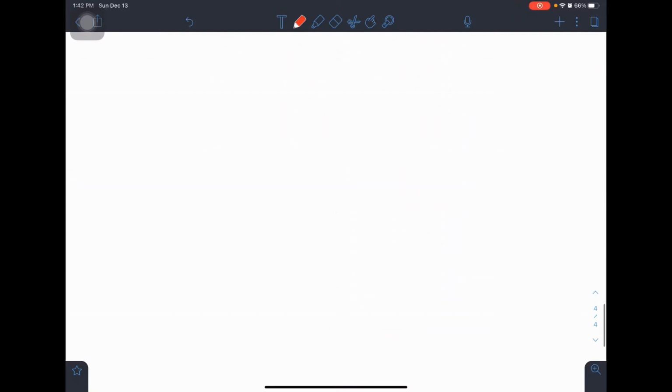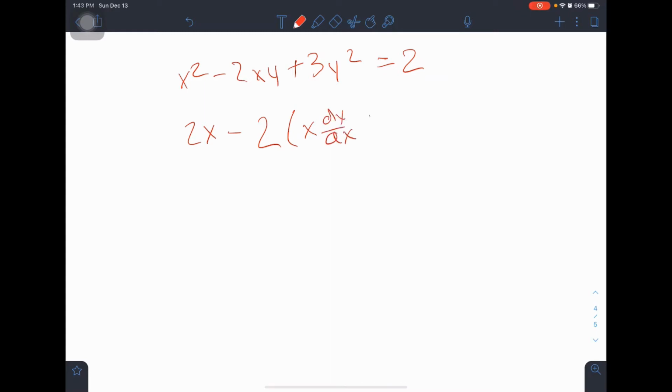So moving on, here's another example: x squared minus 2xy plus 3y squared equals 2. Find dy/dx. So 2x minus 2 times, the derivative of xy would be, just apply the product rule to x and y. So x times the derivative of y, which would be dy/dx, plus y times the derivative of x, which is just 1,